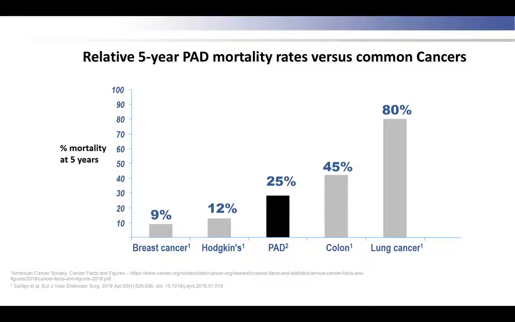And this is just to give a comparison. If you said to a female, would you rather have breast cancer or pain in your legs? I bet you they would say pain in the legs. And the same with prostate cancer, the same percentage. If you asked a guy, he'd probably say, oh, I'd rather have pain in the legs. And in fact, it equates exactly to Duke stage B carcinoma of the colon.